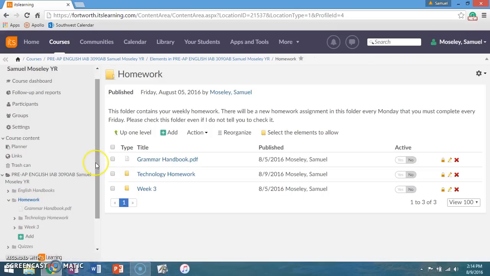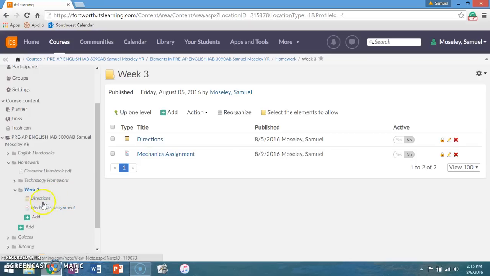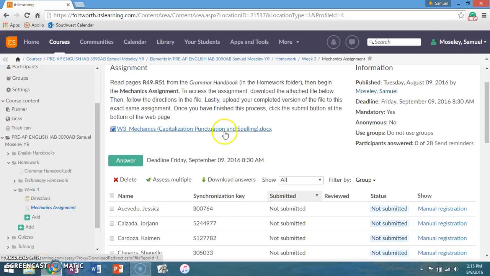Below that will be the homework folder. Every week you will have homework that is assigned on Monday. You'll be able to access this on Monday, and then it's due on Friday. Maybe I'll even open it up on Sunday night so you overachievers can get a head start. We'll see. So you'll go to your homework, take a look at the directions. You'll go to the assignment. It will tell you what to do, and then you'll probably download a document